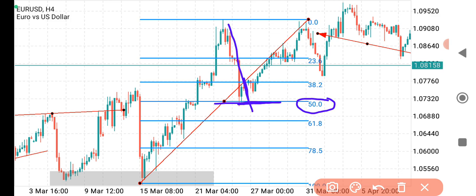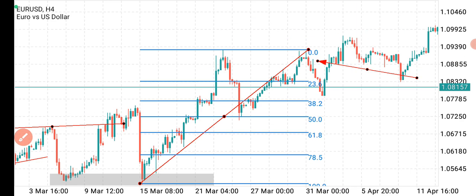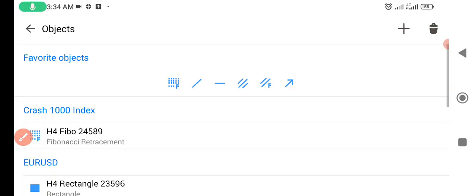Once price returns to 50% of your Fibonacci level, then you begin to look for a smart money play. And what could be a smart money play? Looking at this trade, we will see that we are having